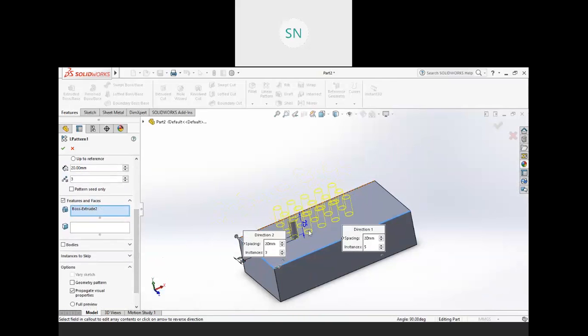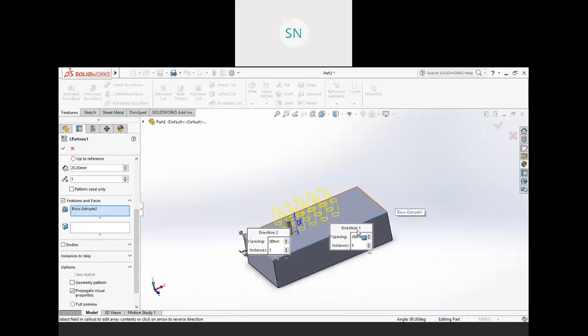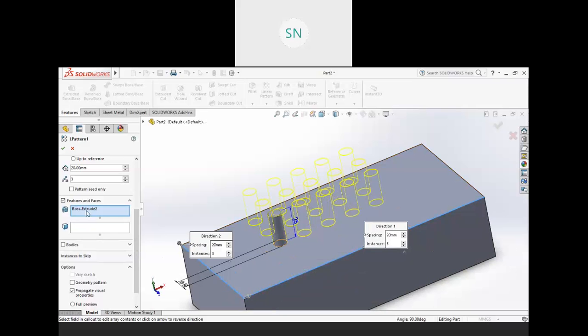If you want to create a pattern for your entire object, then you have to use this bodies option. Otherwise you have to use the feature option. So this first box is feature selection, where our extrusion 2 is there. See, boss extrude 2.